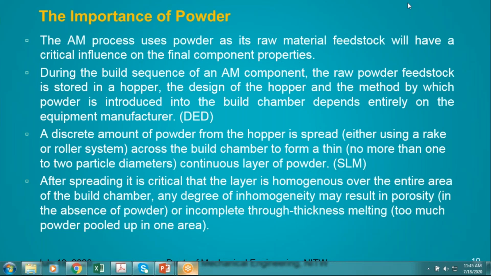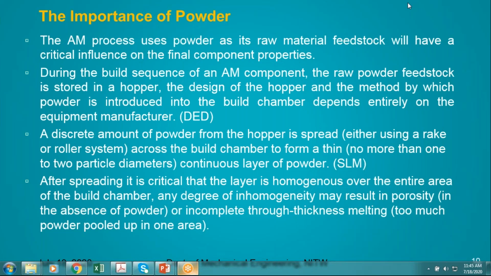the build chamber. Whatever we saw in yesterday's video from our lab, where Manjaiah showed you how the powder is distributed over the bed in the SLM process. The powder is distributed on the bed in a very thin form by a roller system, or it may be a rake blade system. The roller takes the powder from the hopper to the bed and deposits it in the form of a thin layer,